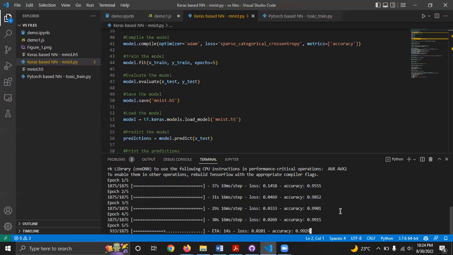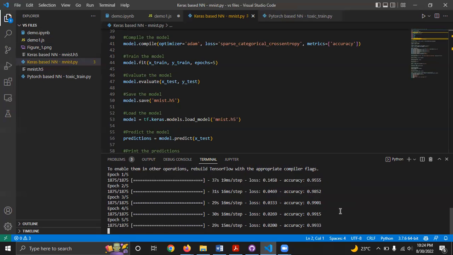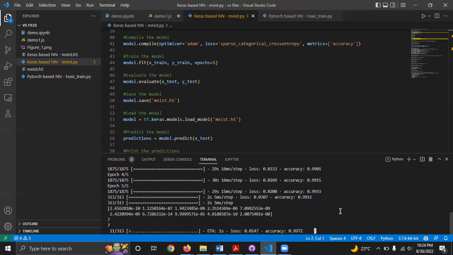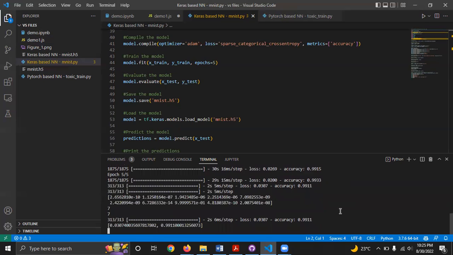So for this, I am guessing we would be getting an accuracy somewhere between 99.25, 99.25% or something like that. Yeah, we got 99.33, which is even better. So the overall accuracy is 99.11%. And finally, it is the